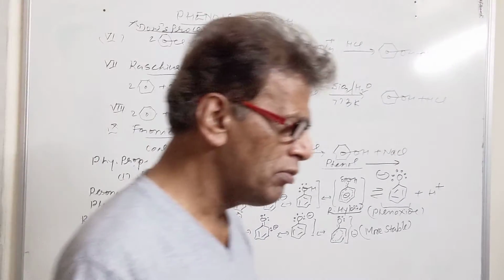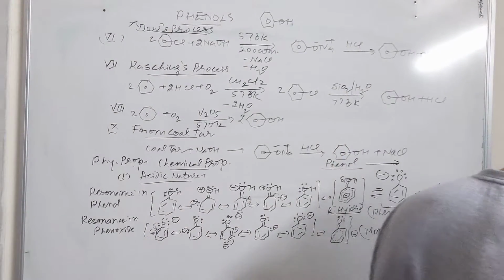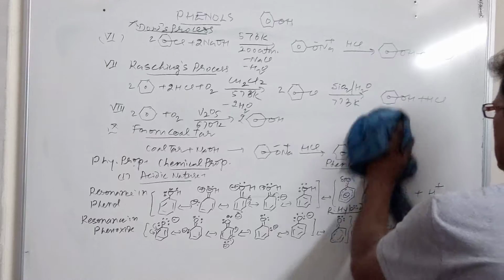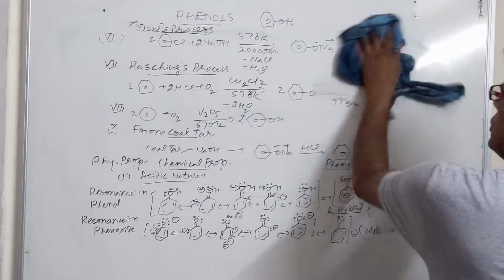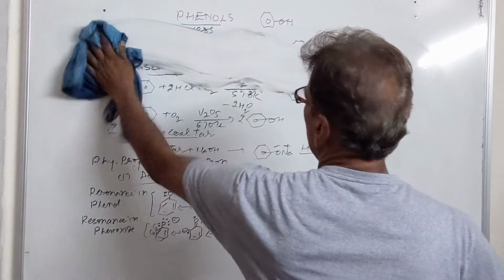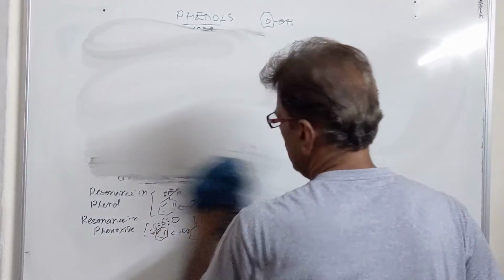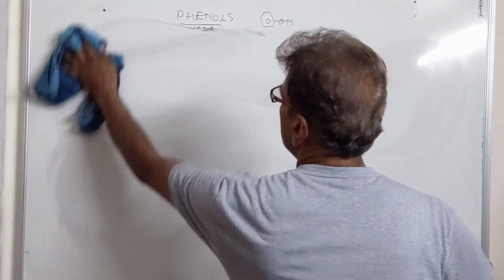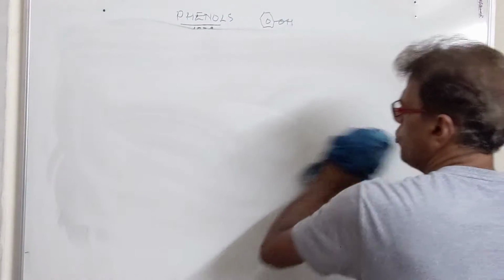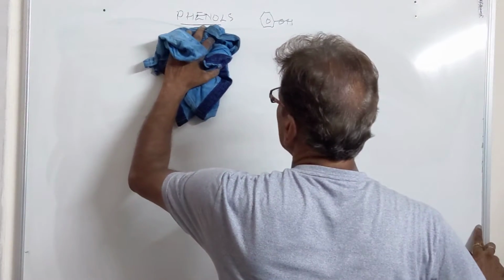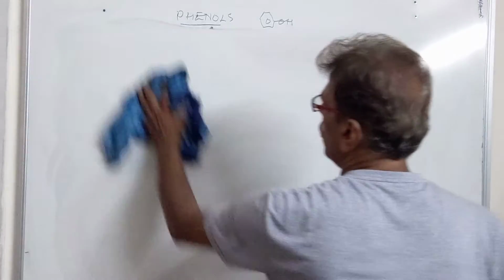Now we'll give some reactions as we did in the case of alcohols, the reactions confirming the acidic character of phenols. Similarly, we'll be seeing the action of sodium metal as we did in the case of alcohols, and the action of acid halide and acid anhydride. So all these reactions, including the Cotton-Bowman reaction, are to be discussed. So our next topic will be the reactions confirming the acidic character of phenols.